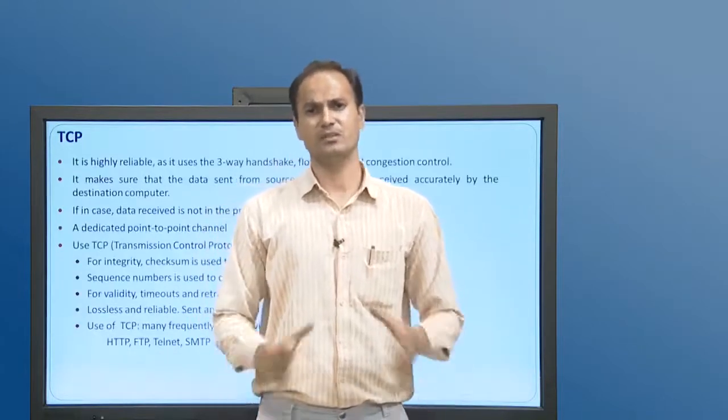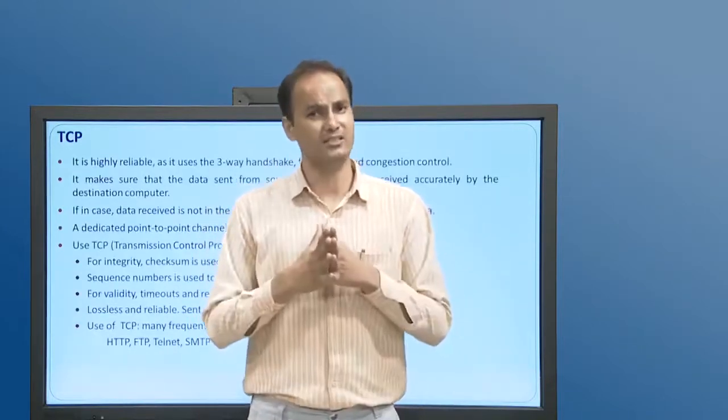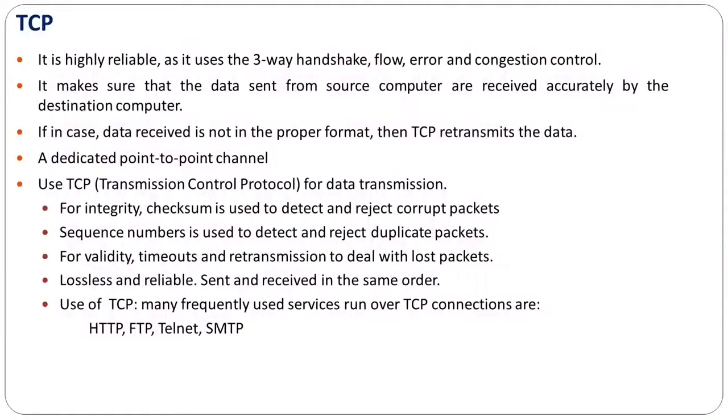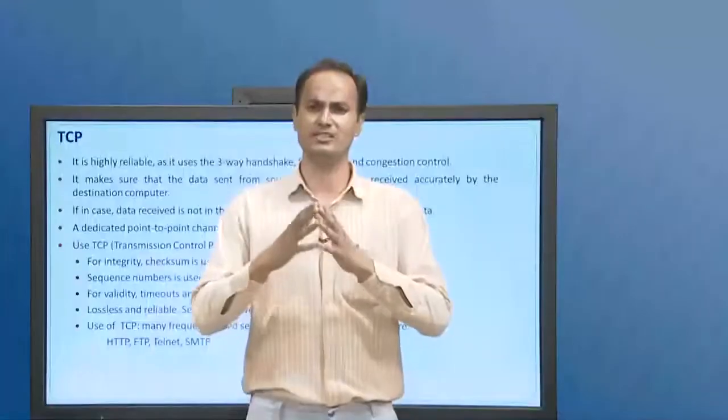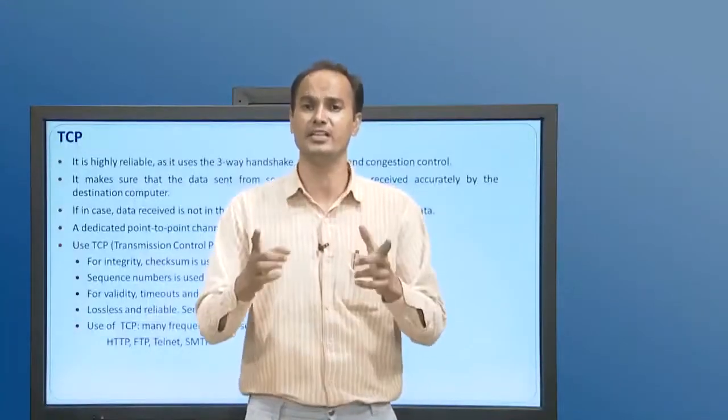Now, when we are talking about networking in Java, then TCP and UDP, these two concepts are very important to understand, because we will program using these two things, TCP programming and UDP programming. So what is TCP and what is UDP? TCP is Transmission Control Protocol and UDP is User Datagram Protocol. First of all, we will discuss TCP. TCP is a connection oriented protocol.